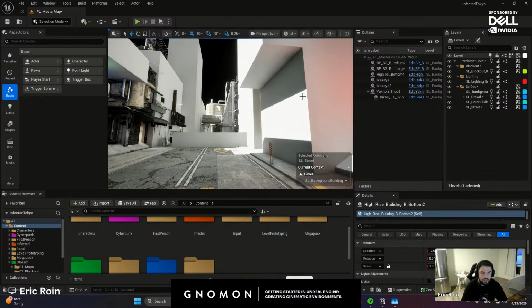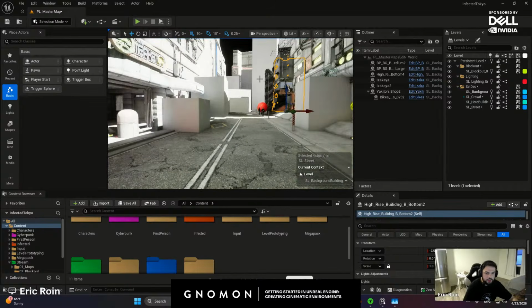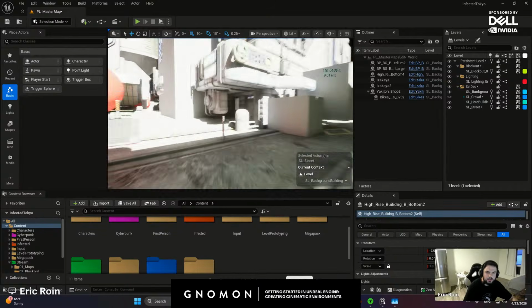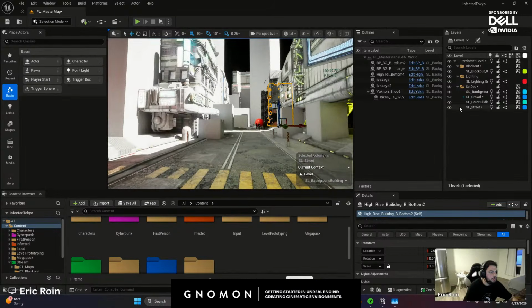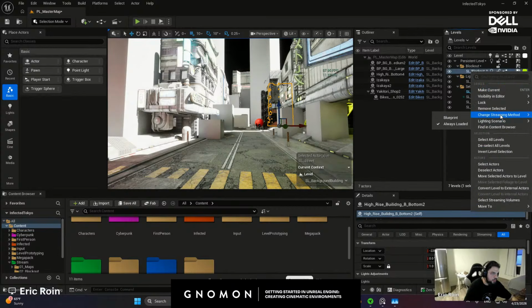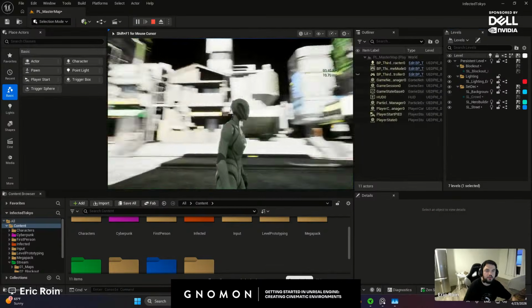If you press Control Shift H, you'll see this is roughly my frames. I might not have the latest and greatest machine, but I believe I'm on the 4070 card, and that still holds up pretty well, even with so much geometry in there. Cool. So I'm going to go ahead and hide my building next. Hide the blockout. So I'm going to right-click, change streaming method, set it to blueprint, and now if I press play, see how the blockout is completely gone.